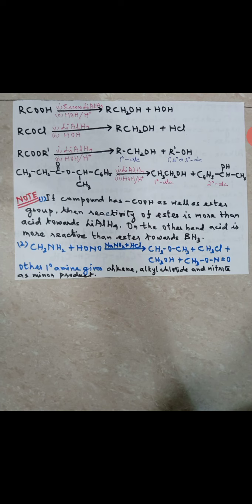So hence I said in the beginning that we are going to study that which we have not studied in the regular classes. In the entrance class, that only we do. Got it? I hope you know this particular thing. We have done it from class 11. So you can see the minor product is this. Major product remains the same, there is no doubt about it. Major product is alcohol plus nitrogen plus water. But apart from that, we are also getting ether, alkenes, alkyl chlorides and nitrites with 1 degree amine as minor products. Alright? I hope you understood this.